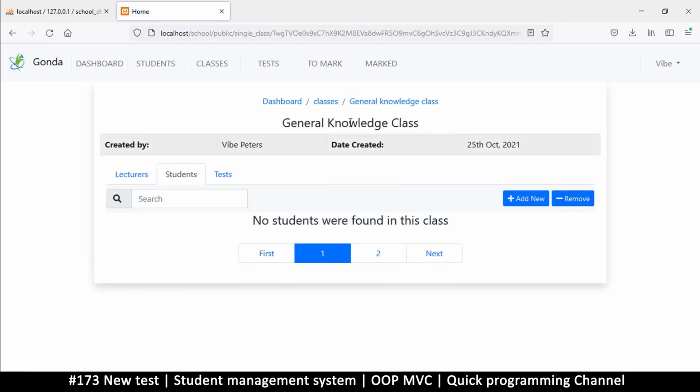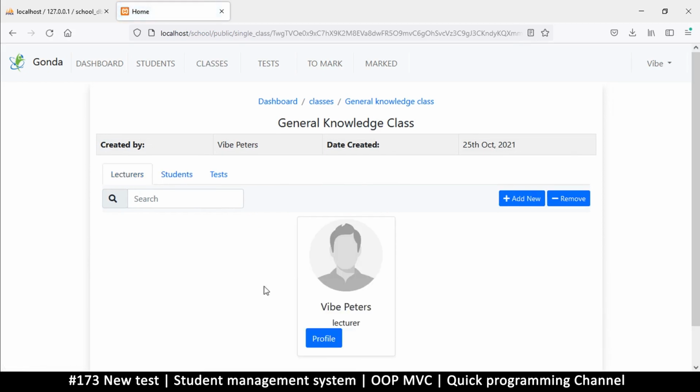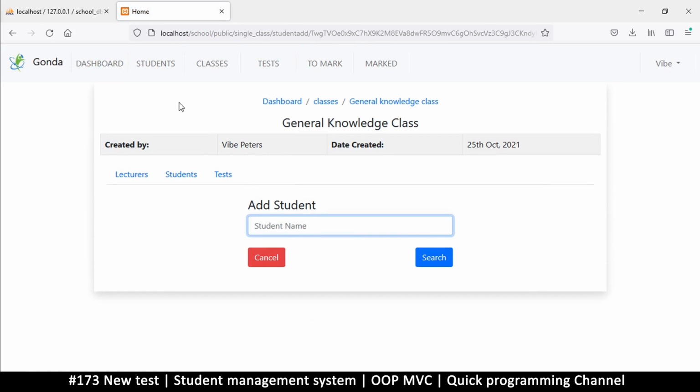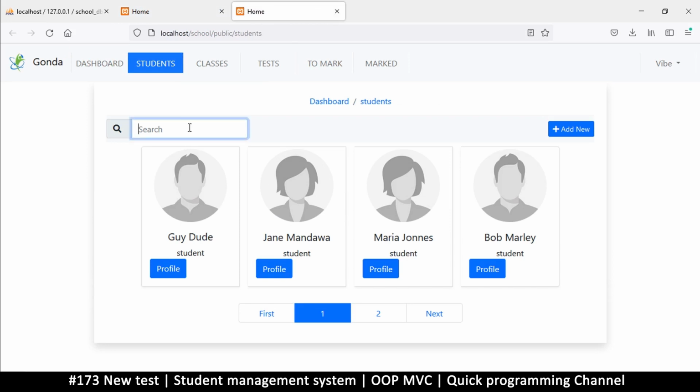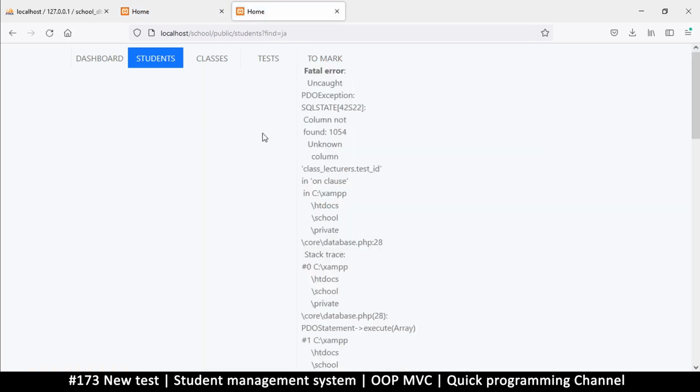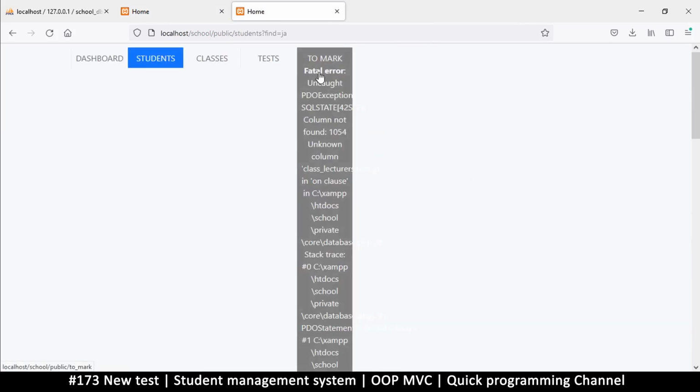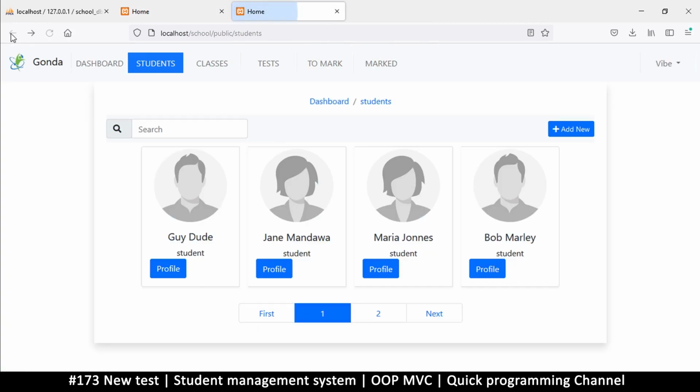But now at least I can click on this and have a lecturer there. Then let's add a few students. So I'm going to add a new student here, and I'm not sure about the student names, so I can go to students here, search for a particular one that I want, and there we go. So we have errors here from the search. Very interesting. So we'll fix that in a second, but I have